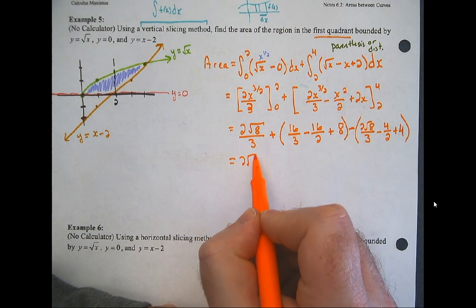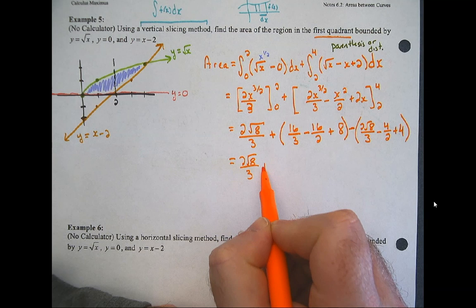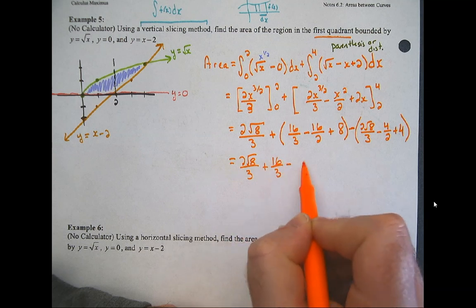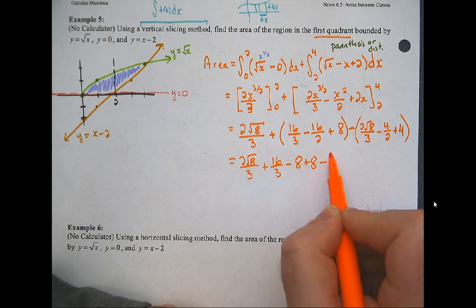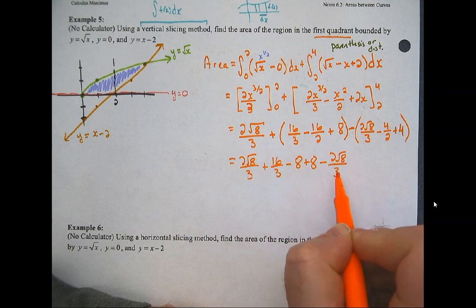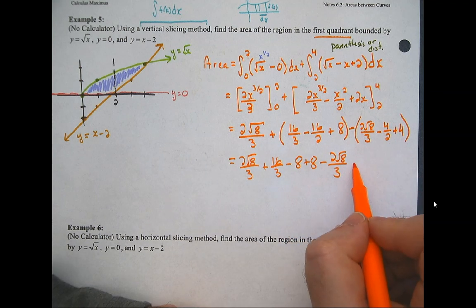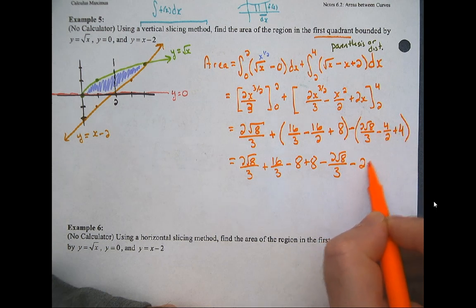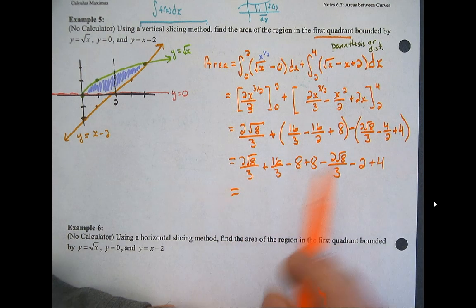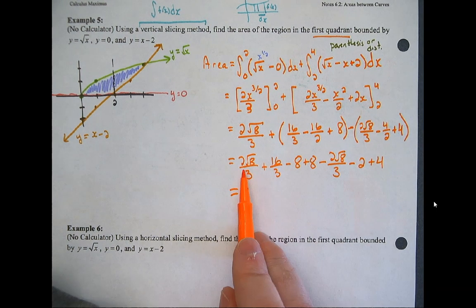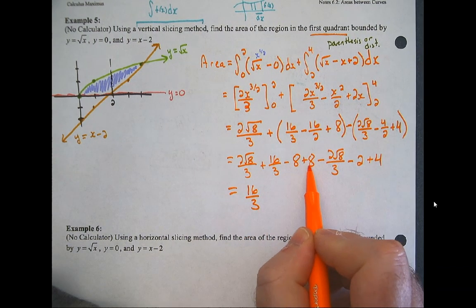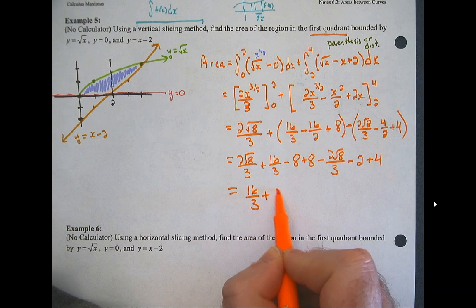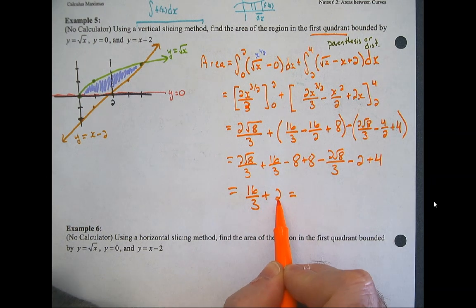All right, let's see if we can start to combine some stuff here. I'm going to just make this 8 because I see that plus 8 right afterwards. Minus 2 root 8 over 3. I like that. Minus 4, that's 2 plus 4. Okay, so life is good a little bit. Those guys are gone. So I have 16/3. Those two are gone. Plus 2. So that would become,